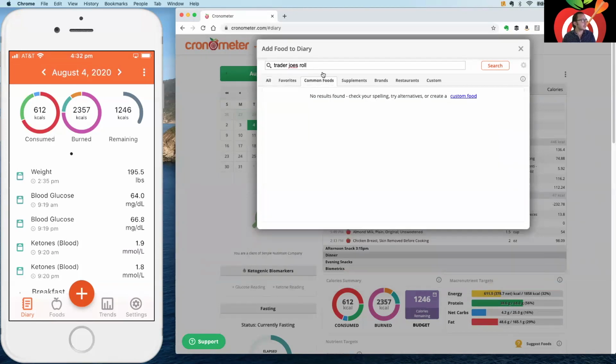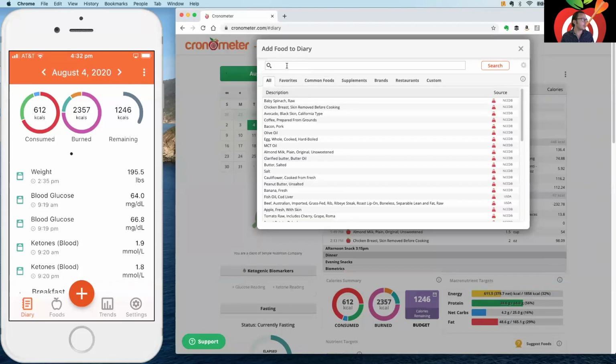So the next thing that you're going to want to take a look at is the Common Foods tab. The Common Foods tab includes only our high quality database foods. So everything that we have here, and some labs, like I think there's even some McDonald's items in here as well, because they have been around long enough where there's actually